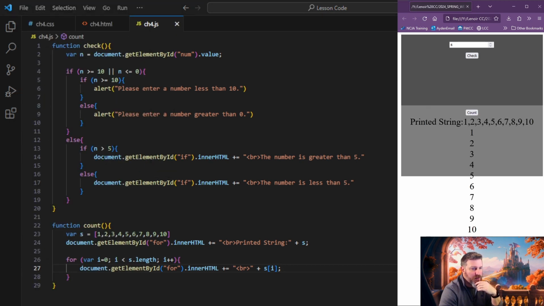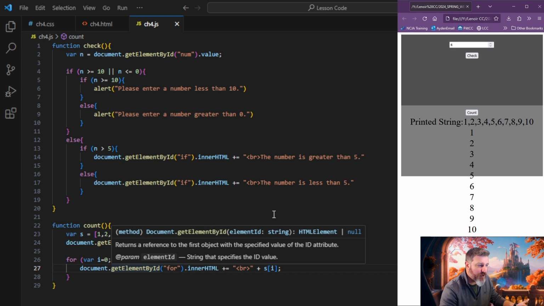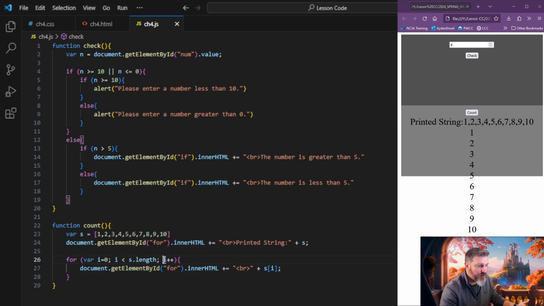Save, refresh. And there you can see it prints the break character, so it's going to a new line, and the index of s, the variable s, the array. So the first time it goes through, it prints the 0 index. Second time it goes through, it prints the 1 index, and so forth until it gets to the end. And the end is when i is equal to the length. So when i becomes 10, because we increment it every time it goes through,